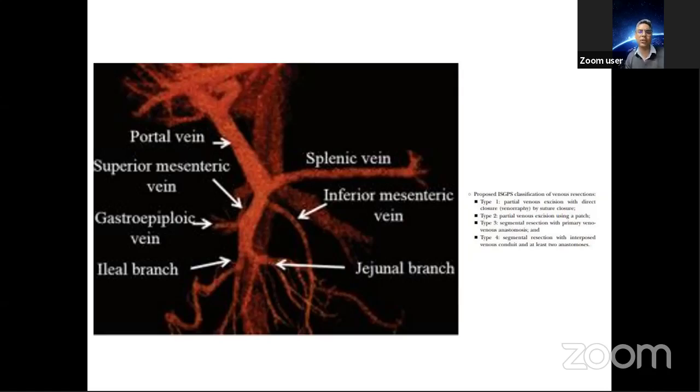So now let's come on to the resection of the portal vein. When we say that the portal vein is not reconstructible, what does it mean to you? Is it the location of the tumor which is important for you? By CT definition, we know that if the tumor is going below the inferior margin of the duodenum, and this is where it is involving the SMV, where it has bifurcated into the jejunal ileal branches, we know it is not reconstructible. What is the other unreconstructible vein for you?